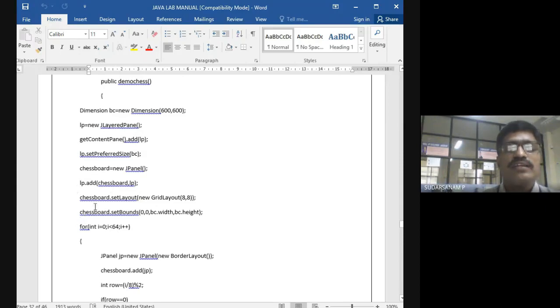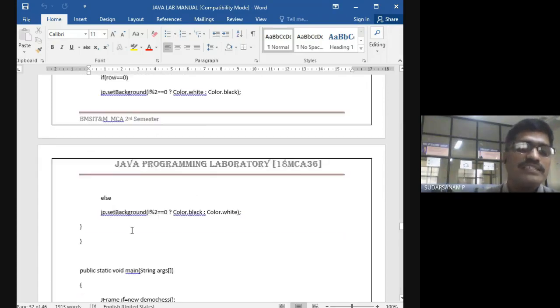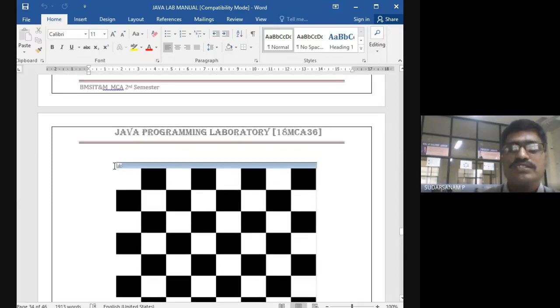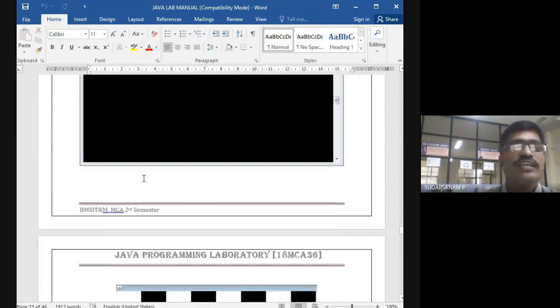Now chessboard set the grid size. For example, I can say this is called one grid, and this is one grid. Now the total length is 64, and you have divided it into 8. So 64 divided by 8 is nothing but 8. So the grid size is 8: white grid is 8, black grid is 8.